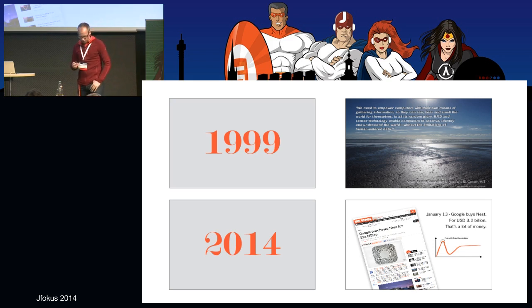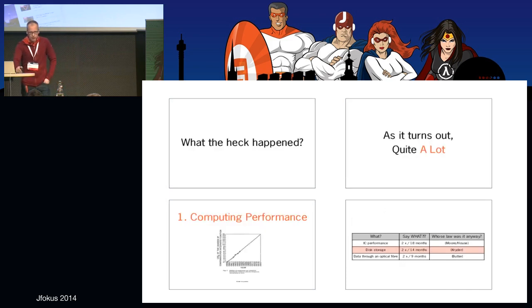And it's always hard to tell about these things, but you might start to wonder if we're not on it, we're really close to this thing that Gartner in the infamous or famous hype cycle calls the peak of inflated expectations. I don't know, but there seems to be a huge hype about Internet of Things right now. So it's been 20 years, and perhaps it's time to stop for a while and ask ourselves, what the heck happened during these 20 years? And if we start looking, the answer turns out to be, well, quite a lot.